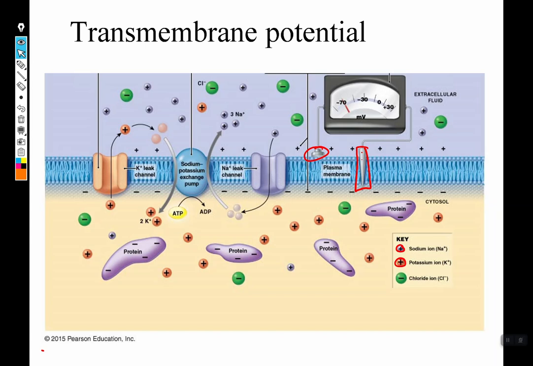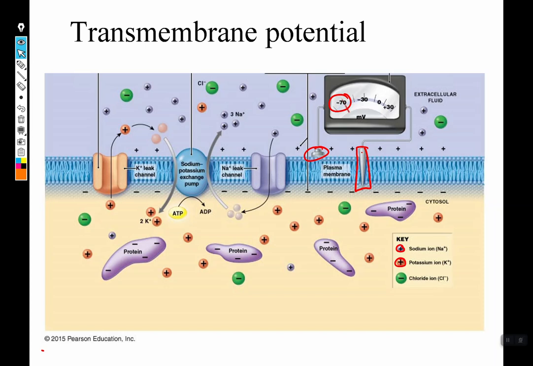What this sensor is doing is just saying, if I add up all of the charges on the outside of the membrane, and I add up all of the charges on the inside of the membrane, how different are the two sides? It just so happens that most neurons sit at a condition where there's about -70 millivolts